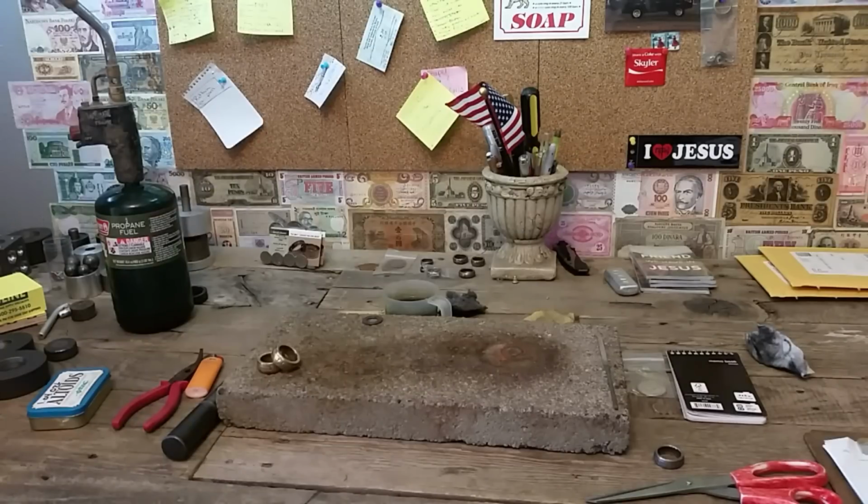So the last question I'm going to fit into this question and answer this week is actually one that I was not expecting someone was going to ask, but it's a really important question if you're going to be selling these coin rings online especially. And that is, how do you take good pictures and what kind of lighting do you use for taking pictures of your coin rings? And I have to tell you the honest truth, I am not a photographing expert at all. You really want indirect lighting, and this is my own interpretation, but what I do is I take my